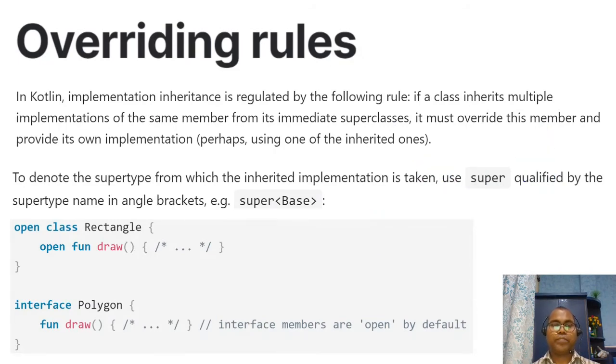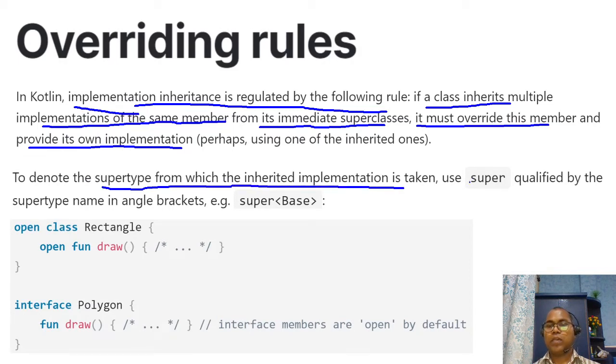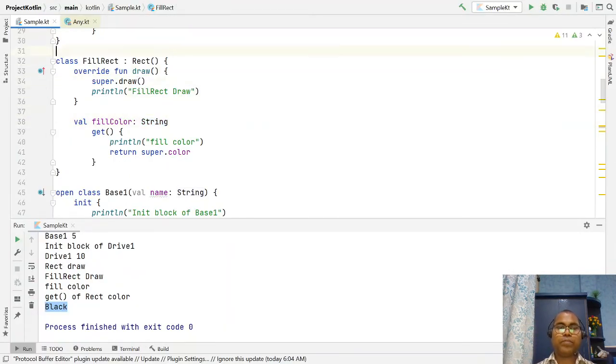So let's say, implementation inheritance is regulated by the following rule. If a class inherits multiple implementations of the same member from its immediate superclasses, it must override this member and provide its own implementation. To denote the supertype from which the inherited implementation is taken, use the super keyword. So in this way we are trying to say.